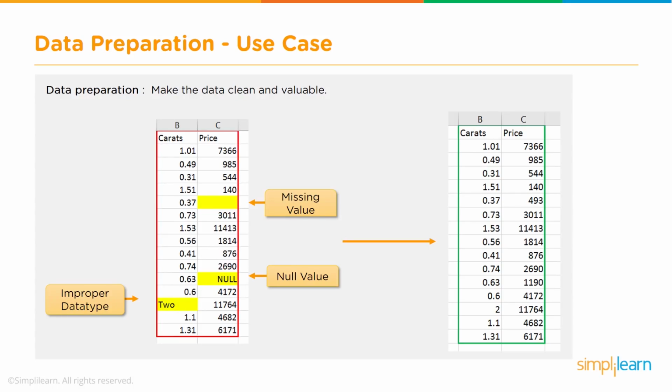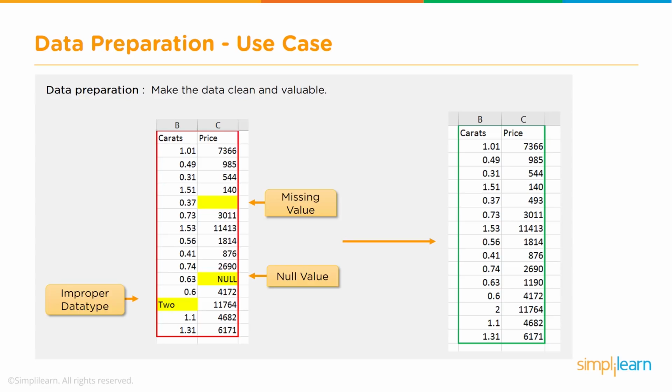Similarly, there is improper data. It's supposed to be a numeric value, but there is a string or a non-numeric value. So how do we clean and prepare the data so that our system can work flawlessly? There are multiple ways, and there is no one common way of doing this. It can vary from project to project, from what exactly the problem is that you're trying to solve, and from data scientist to data scientist and organization to organization.